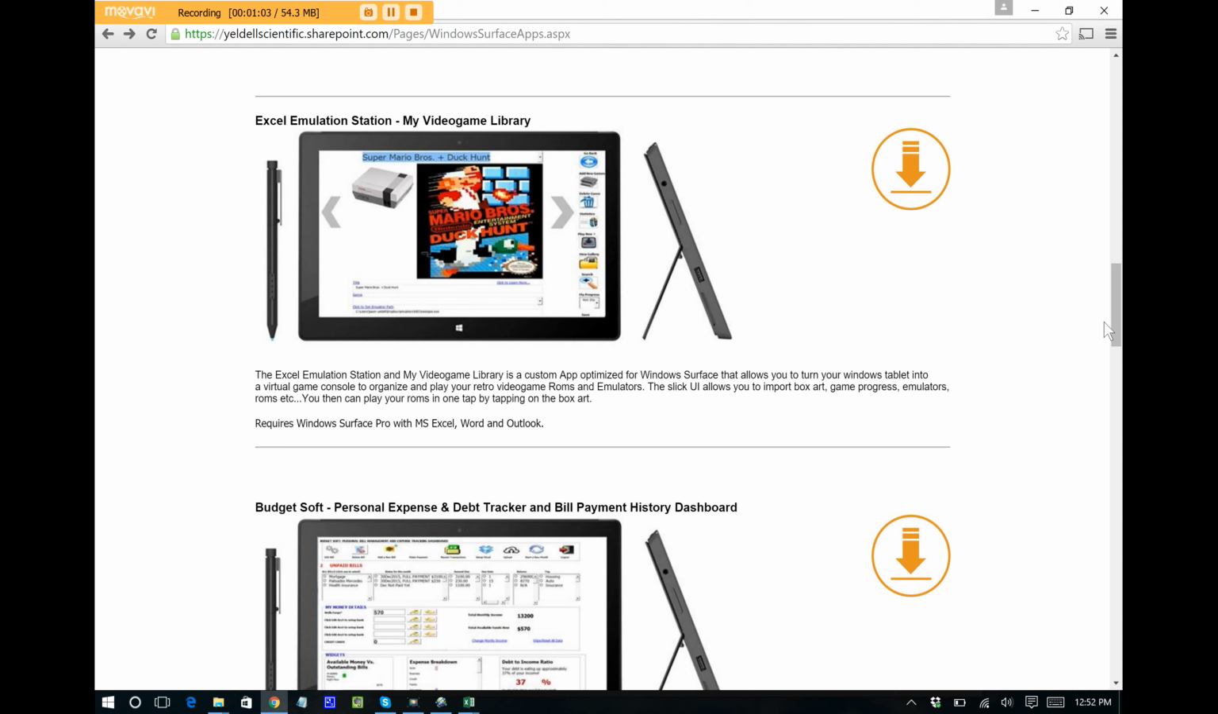But basically you can have your Surface be a full video game experience where you can play all of the retro games, you can view all of the box art, you can tap on a particular image such as Super Mario Brothers and it will instantly load up that game and make it playable for you. And this is all done through Windows, a little bit of HTML5 coding, a little bit of VB, and a few other little nifty tricks that we've done behind the scenes